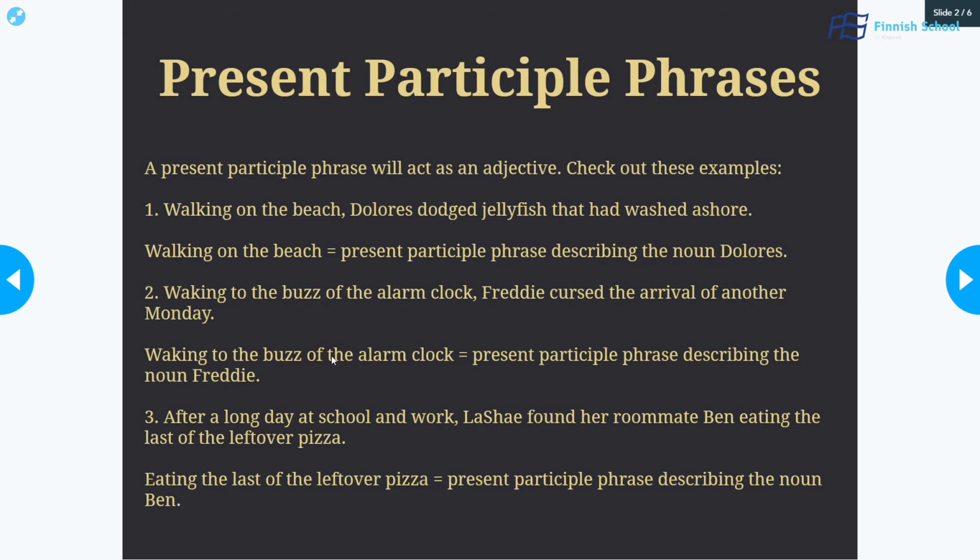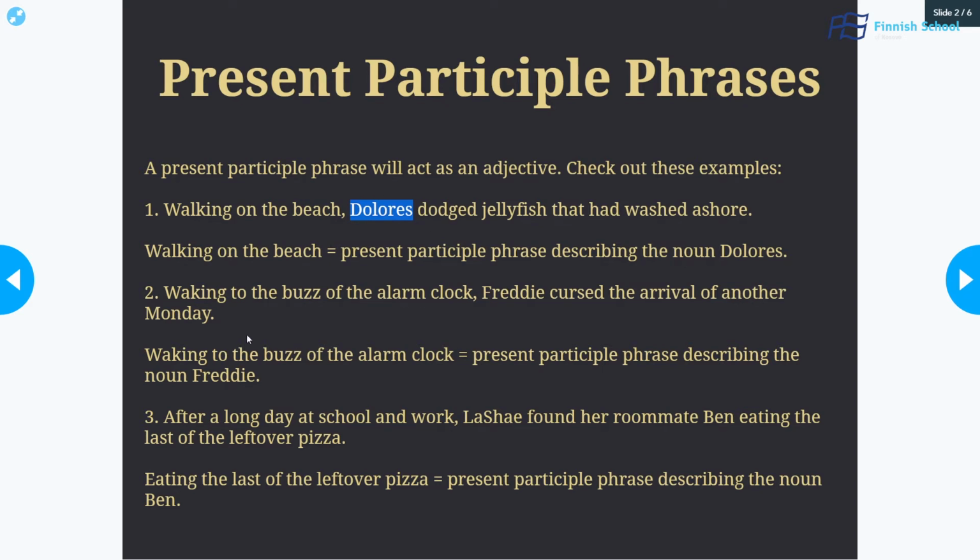Let's take a look at the present participle phrase, which is walking on the beach. It's a present participle phrase describing the noun Dolores. By this example, we understand that the role of a present participle phrase is to modify the noun. In this case, the present participle phrase walking on the beach modifies and describes what Dolores was doing while she dodged